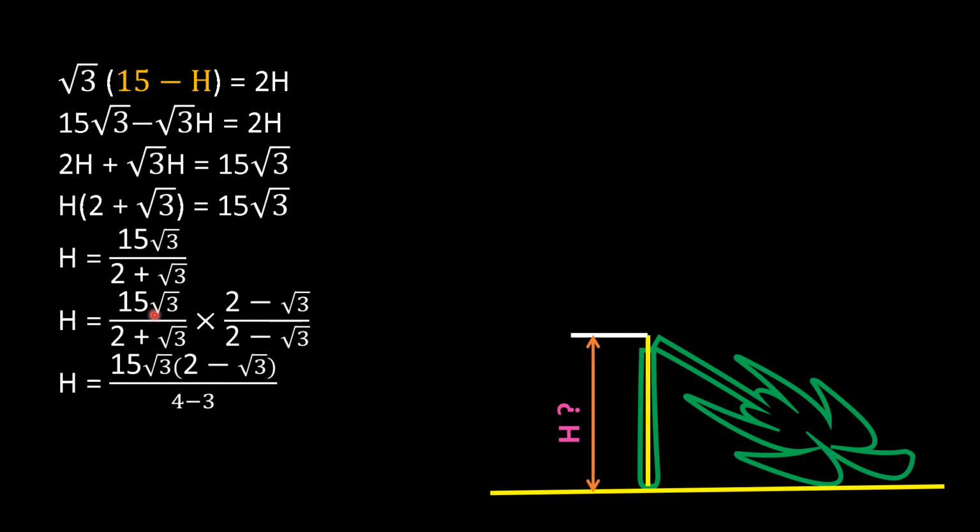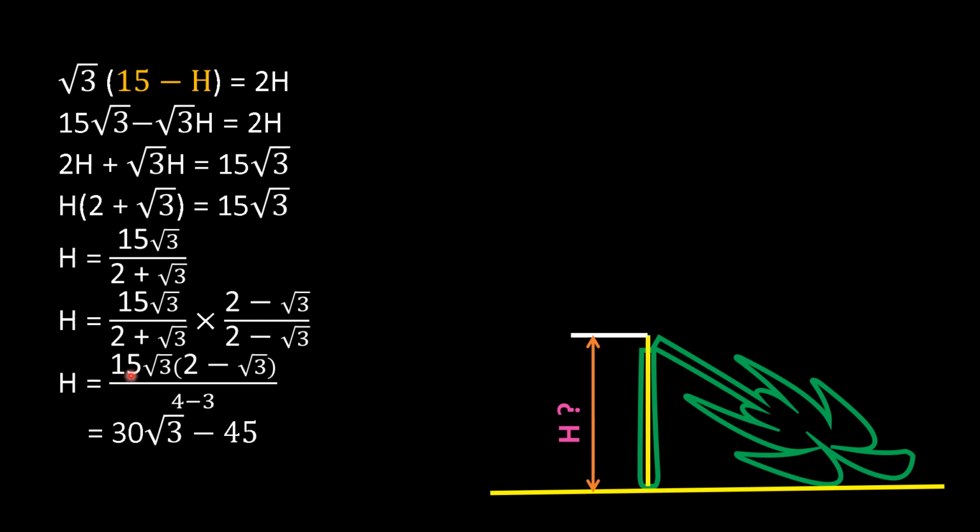So 15 root 3 times 2 minus root 3. In the denominator, 2 plus root 3 multiplied by 2 minus root 3 will be 2 squared, which is 4, minus root 3 squared, which is 3,